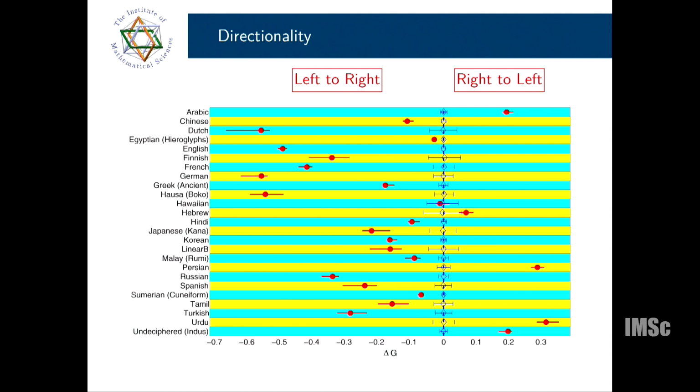Then you will get some value. If your data is randomized, if it is not empirical data but random data, then you will get a 0 value.